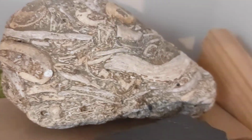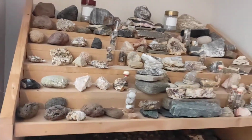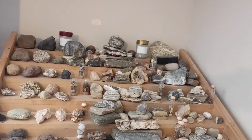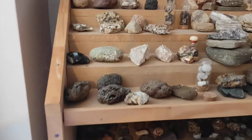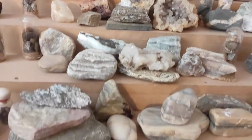So yeah, that's it. So let me just see if I can get a more wide-angle perspective of what the whole thing looks like, probably for the thumbnail. So you can see there's the whole shelf, the whole top bit of a shelf. And we'll just go through it real quick again, so, whoop, and just like that,